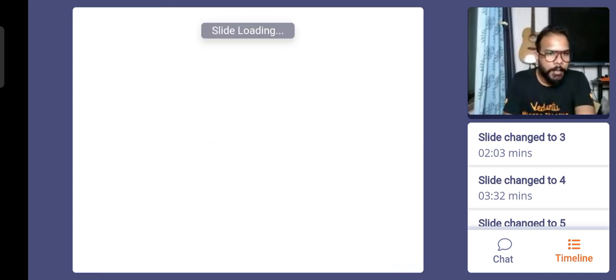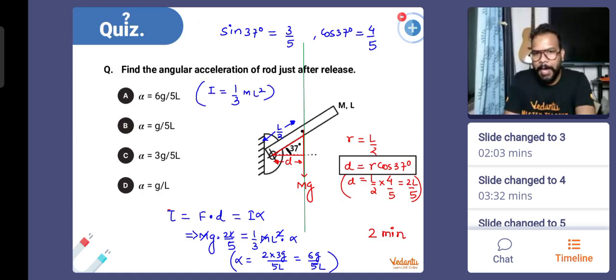बढ़िया। अब जैसे ये जो सवाल था ना, इसमें देखो आर दिया हुआ है एल बाई टू, और उसका डी जो है वो इस बार एल बाई टू कॉस थीटा है, राइट एंगल ट्रायंगल दिखाई दे रहा है। तो इस बार डी का वैल्यू एल बाई टू कॉस 37 डिग्री है। पर लाइन ऑफ एक्शन ऑफ फोर्स को देखो, ग्रीन वाली लाइन, उस पर परपेंडिकुलर ड्रॉ किया तो डी मिला। मुझे तो एमजी और डी से मतलब है। अब वो आर साइन थीटा होने दो, आर कॉस थीटा होने दो, वो एंगल्स पे डिपेंड करता है, मुझे बस वैल्यू मिलनी चाहिए। ठीक है, चलो बहुत बढ़िया।